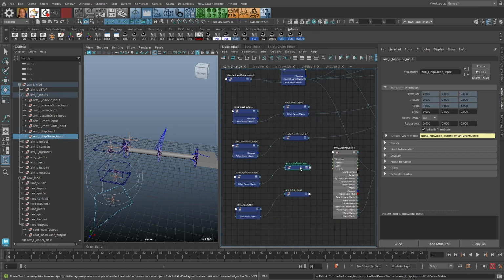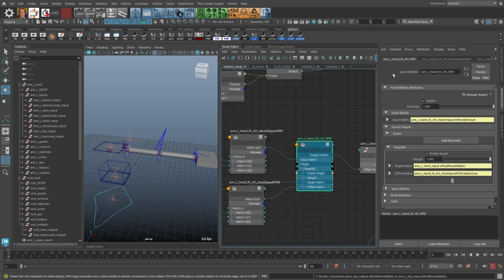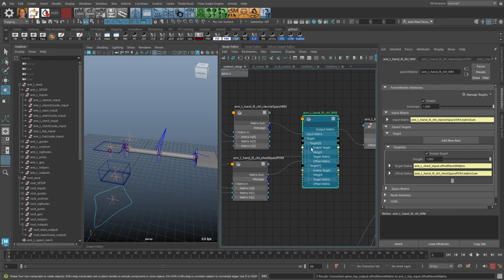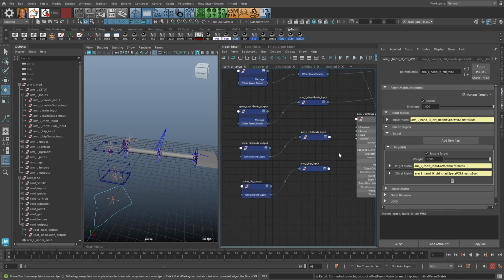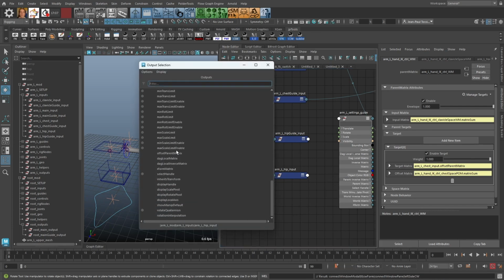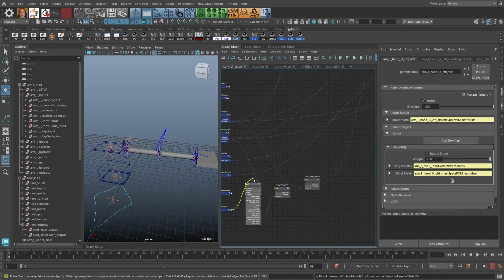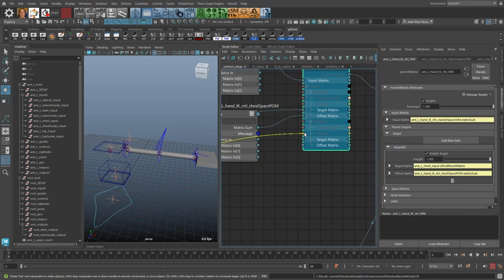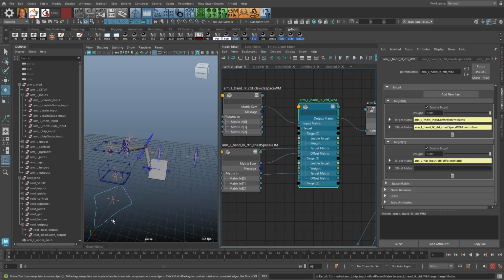And then we can go to the parent matrix, the space switcher for the hand, and we can take the output of the hip and plug it directly into the target matrix for this. So let's take the hip output, so the offset parent matrix, and plug that directly, just like with the chest, into the target matrix. So now again the hand changes its position,